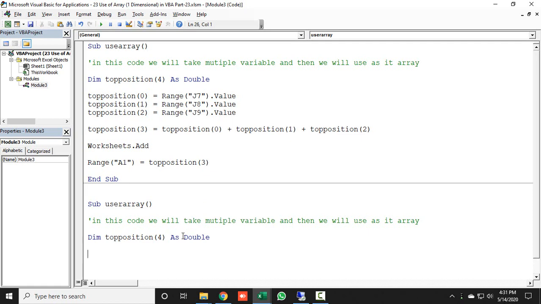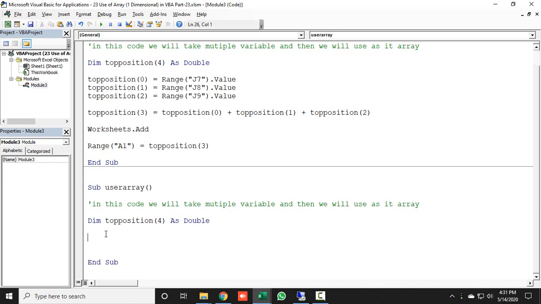Now let's declare each and every variable. The first variable I'm taking is top position 0. Remember one thing: in an array, every array variable number starts from 0.